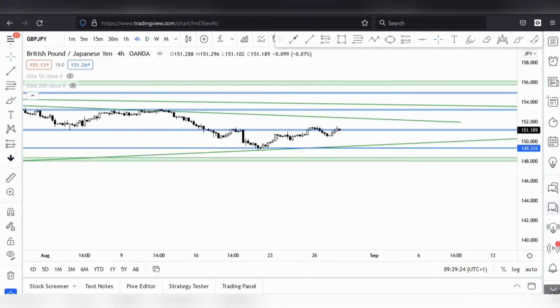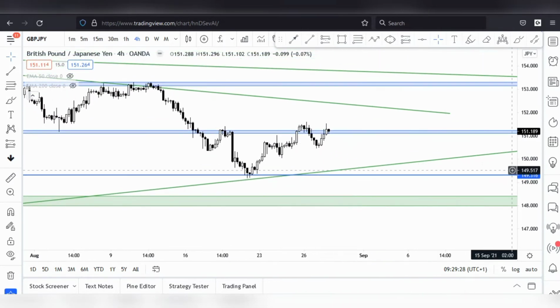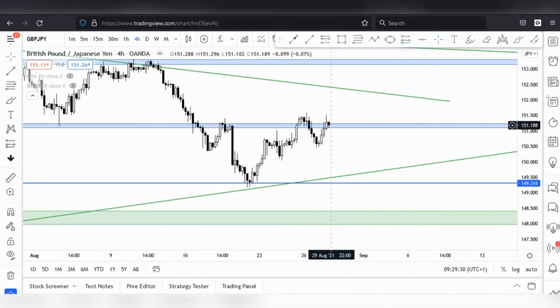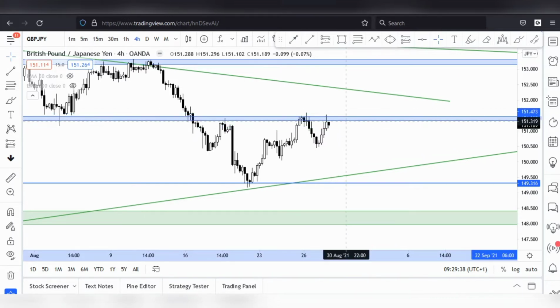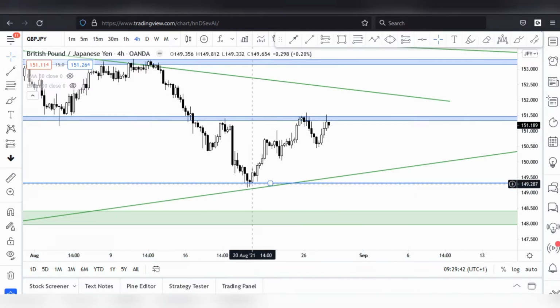If we go to the 4-hour time frame, we can see that price is currently at this resistance level. So all we're doing is waiting for price to break above this level, okay, and see how price would react when it does. So price tested it here, came back here, tested it once, dropped down, and price is currently at this level. So two things can happen at this level, which is what we should be looking out for